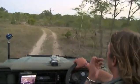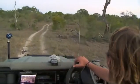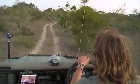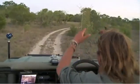And now this is quite interesting. It looks like another section of this herd. So it looks like this big breeding herd might have been split into two, or has been traveling together and is now split, or they could actually be all the way along Cheetah Cut Line. But nevertheless, big herds of buffalo around are good because they bring lions,